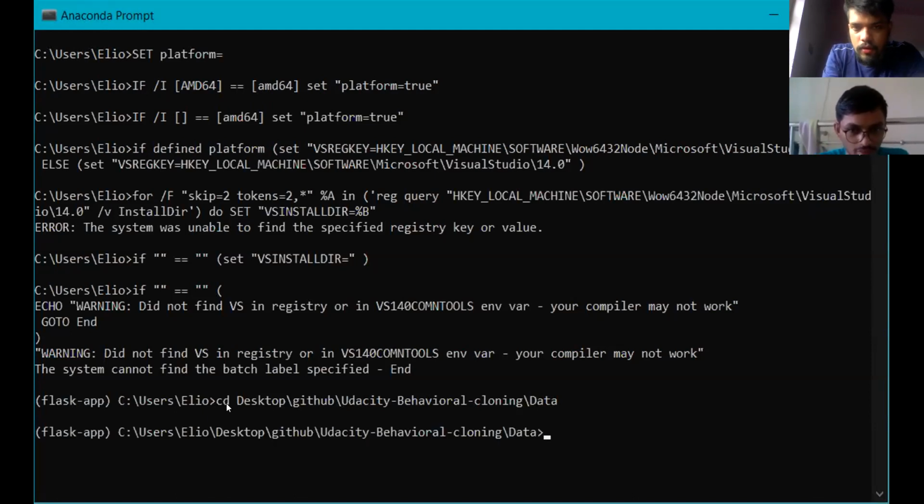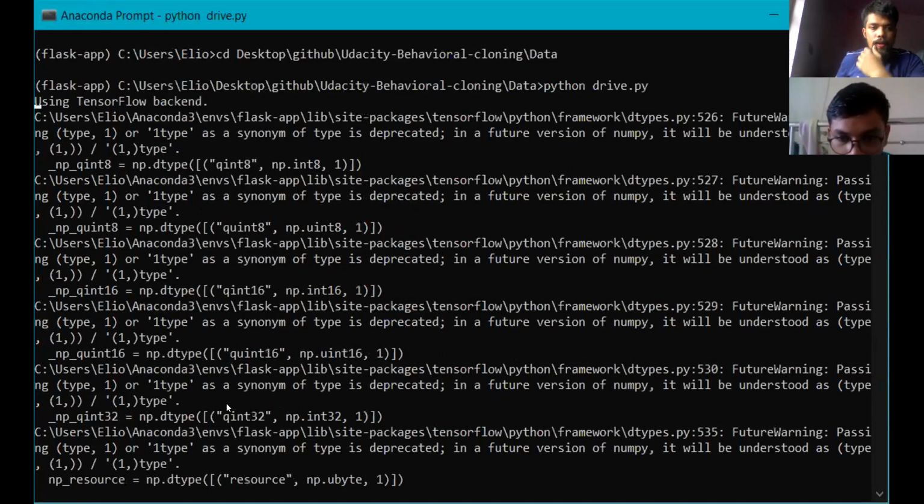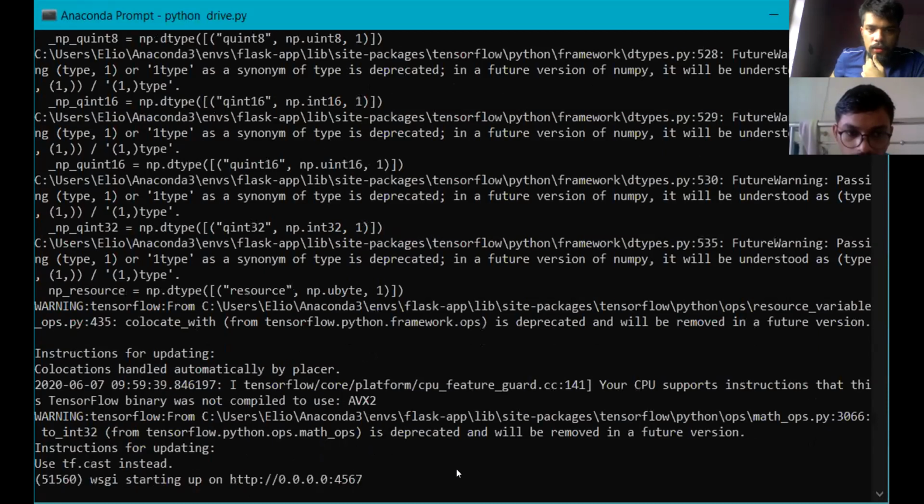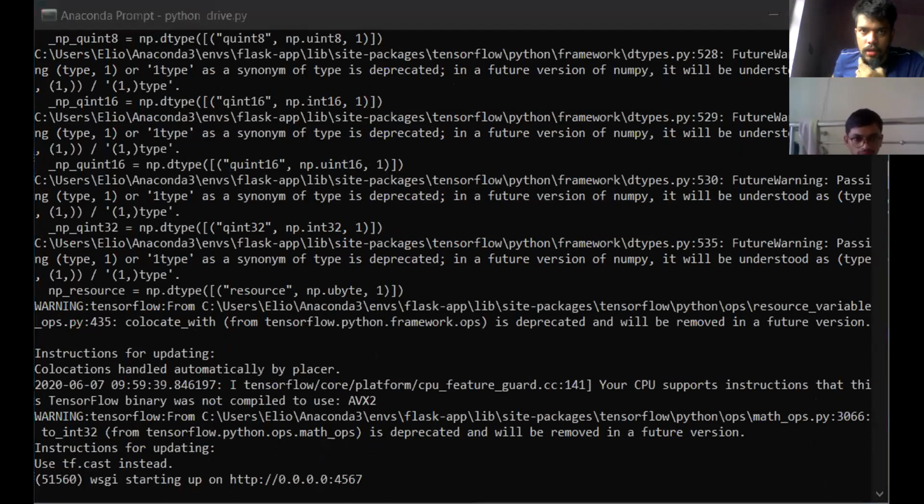Now I'll be executing the file which establishes the Flask connections. Okay, now I'll be running the simulator, and sharing the simulator.